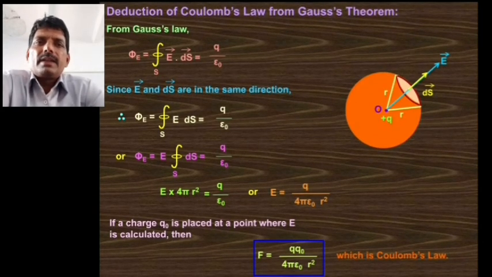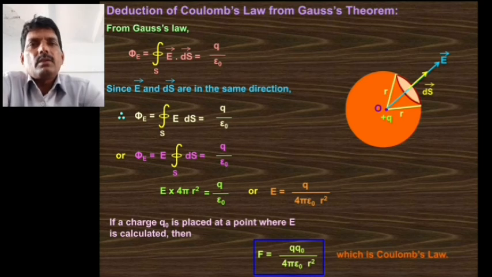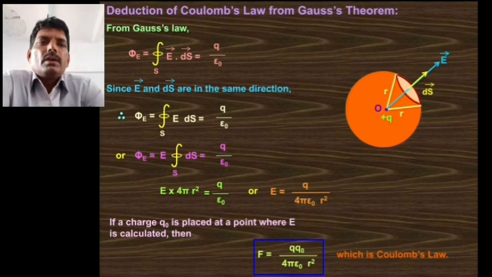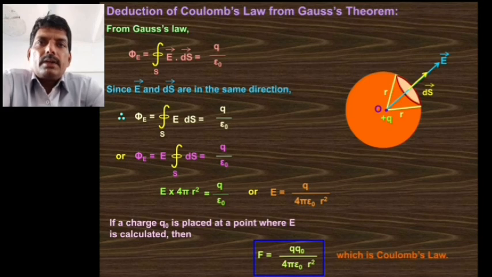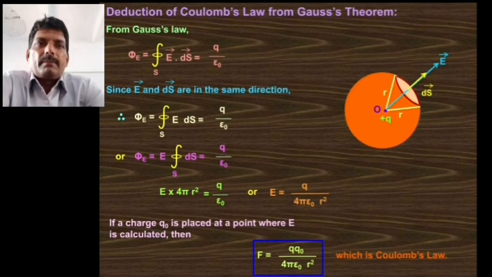So if you consider the test charge at that particular point on the surface from the charge plus q, you get the Coulomb's force F equal to 1 upon 4 pi epsilon naught q into q0 upon r square. So this is about the Coulomb's law. Thus we have deduced the Coulomb's law from the Gauss theorem. Next one,